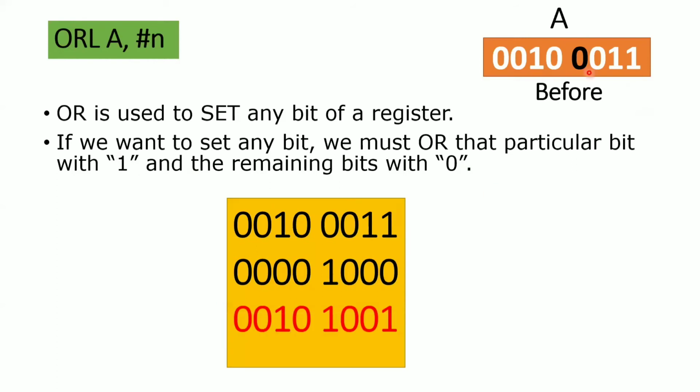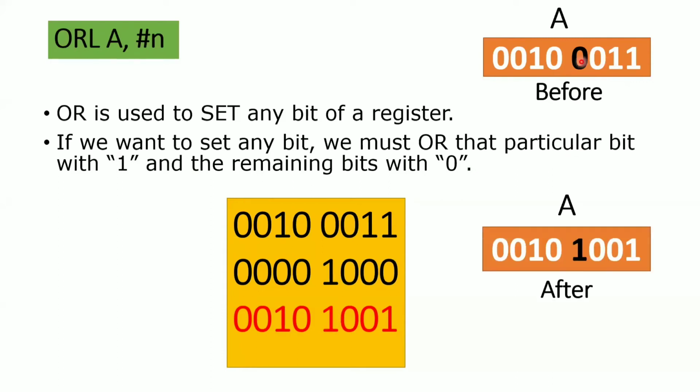Now see here, this is a bit that is 0. I want to make that value 1. How to make that value 1? Whatever position I want to set, I will place 1 there, and for the remaining digits I will place 0. Now perform the operation between these two numbers and you will get the result. You can see that at this particular position, earlier it was 0, now it is 1. So after the result you can see the bit is set. Set means 1. Whatever the previous value was is replaced with a 1 here. So that is your OR operation.